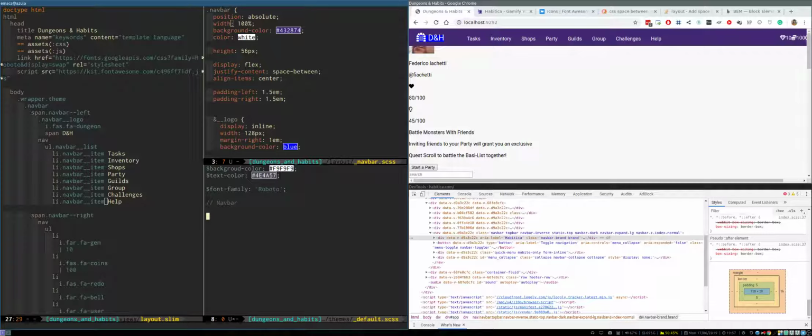So we will say navbar background color is that,